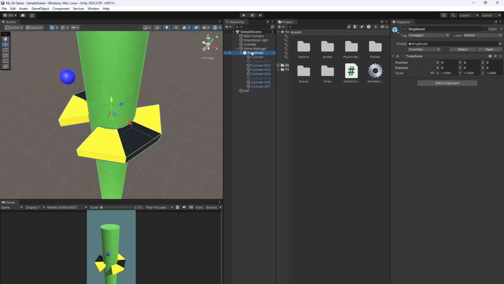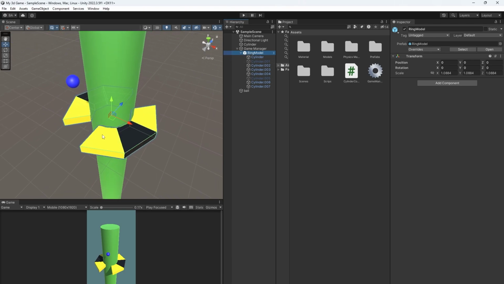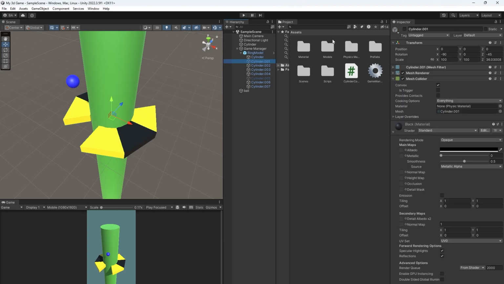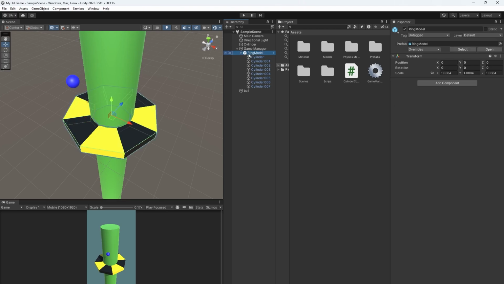Okay, so in the next step we will assign randomness to this ring model, so it will automatically select some rings and enable and disable them, and also automatically assign the black and yellow material to it. Now see how we can add randomness to our ring model. I will simply enable them all, and then click on this ring model and say